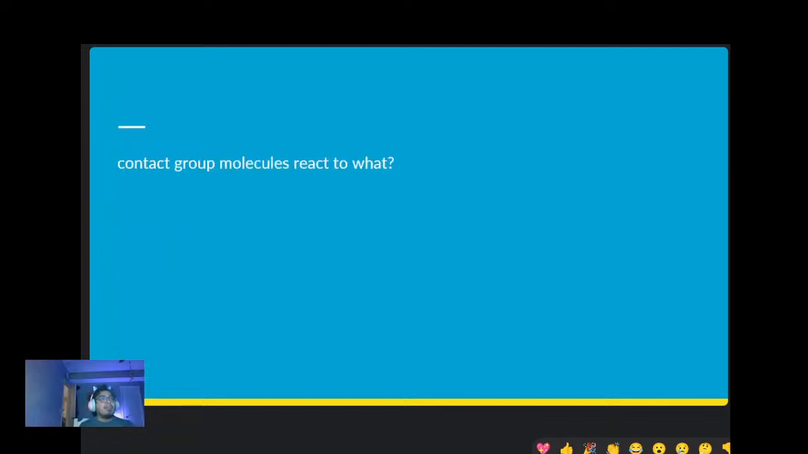Masyado akong advanced magturo, no? Contact group molecules react to the net negative charge of the platelet plug. Remember yung platelet plug na na-produce natin kanina? That will initiate the formation of kallikrein from prekallikrein, okay? And the activation of high molecular weight kininogen, and of course, the activation of factor 12 and factor 11. Okay? Mamaya meron tayong pathway about before for that. Okay? Now, what